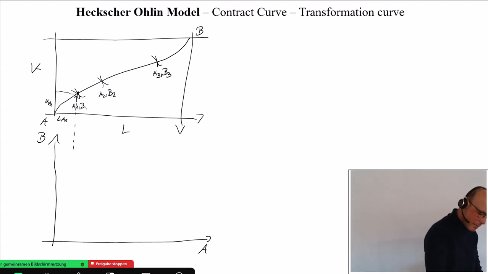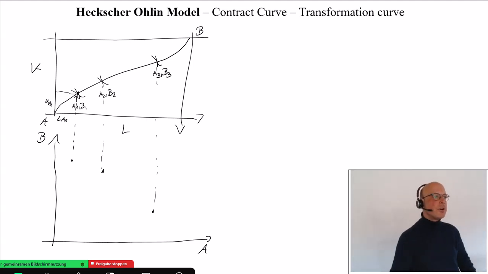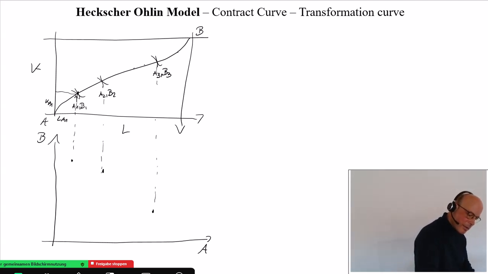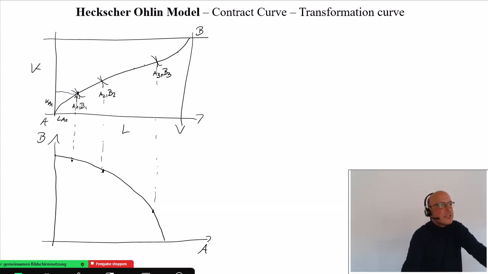So that maybe this one represents then a production point like here. This one is maybe a production point like here. And this one maybe here. This we have again to do for all our points on the contract curve, and in the end, very surprisingly, we also end up with a transformation curve which